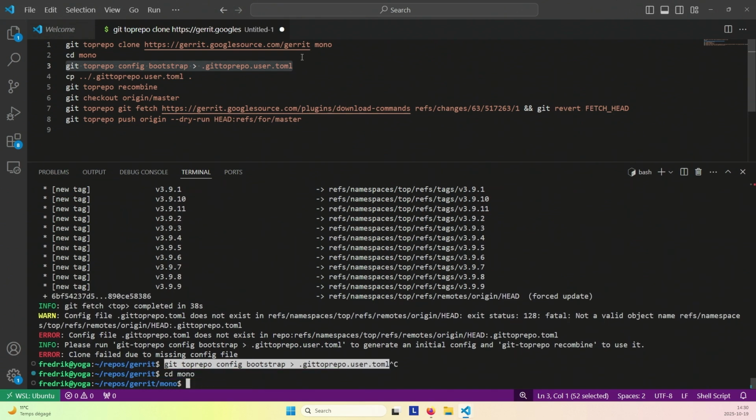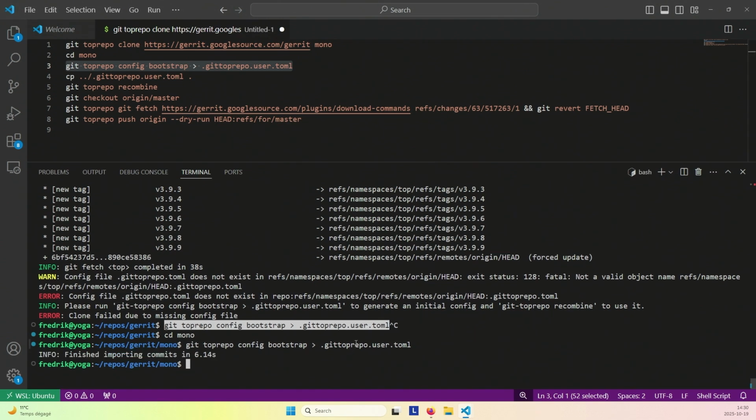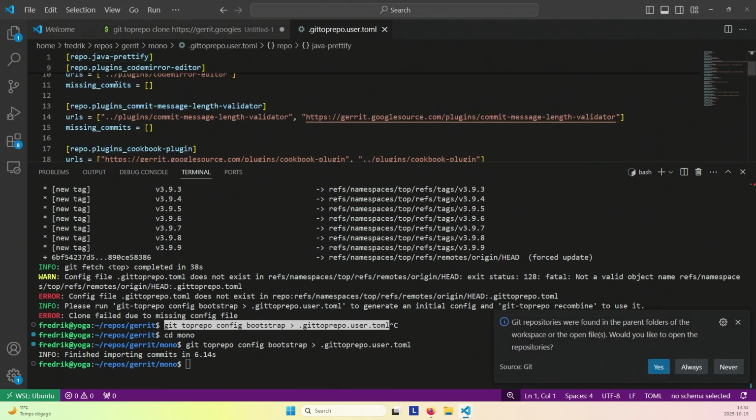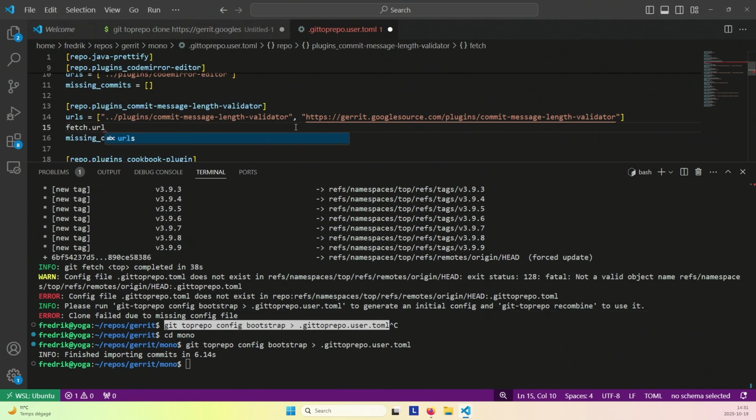CD mono. So let's generate such a file. I need to read through the commits and see what you actually have in your repository. Well, here we have plugins, commit message length validator. You actually have had 2 different URLs in the history. In this case, this one is like fetch.url. That's what I want to improve